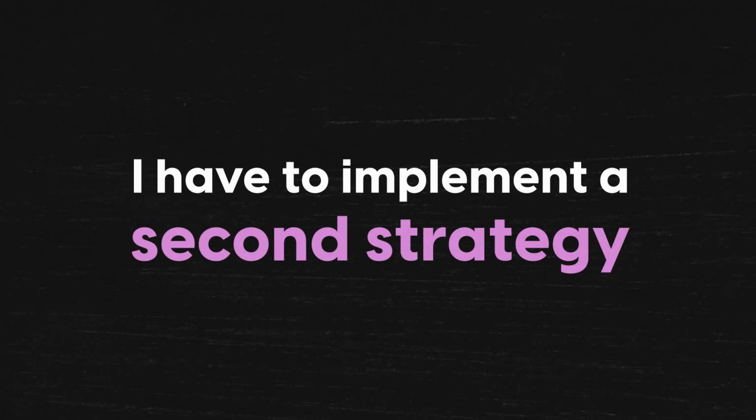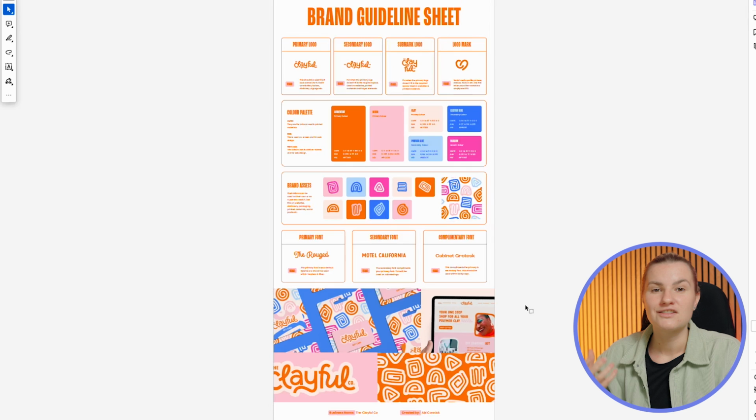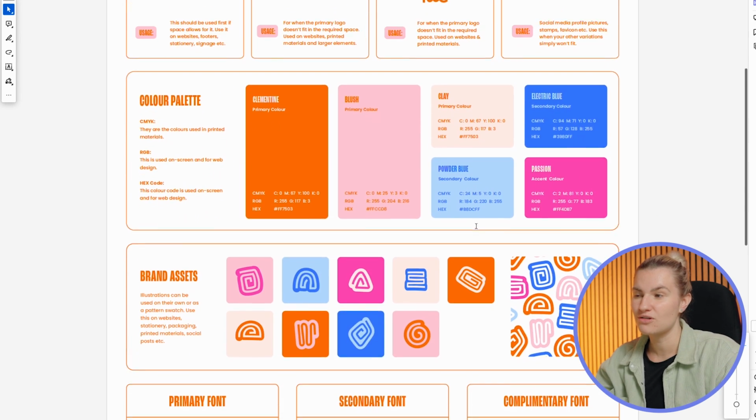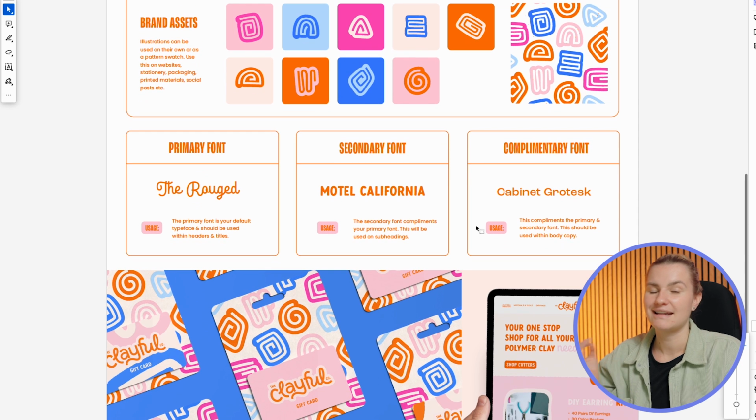This document is hefty, and I found that many clients stop using it after a few months because it seems too time-consuming to reference. To solve this problem, I had to implement a second strategy. This involved creating a simplified version of the brand guidelines document. So this condensed version packs all the essential points from the original document onto a single page. And as a result, clients became more likely to stick to their